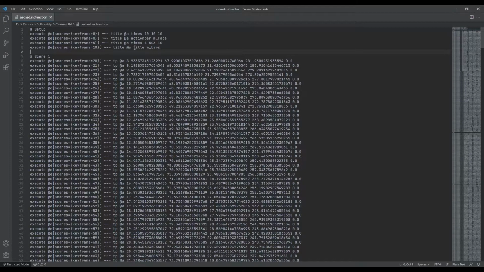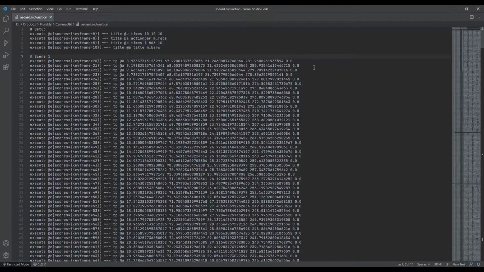Now let's examine what the output of this was. So first we have the section setup, which first does a fade out to black. This is of course using the JSON UI modifications. It will for 10 ticks fade in, then stay black for 10 ticks, and then fade out for 10 ticks. During this time, it will play the cinematic bars animation,